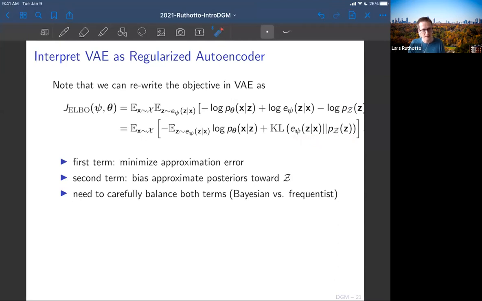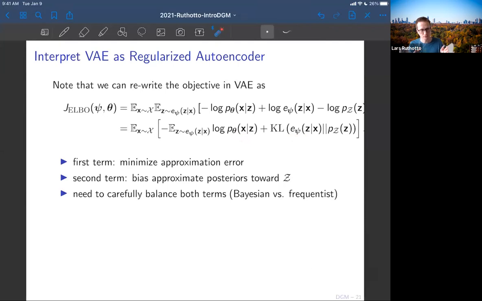What this does tell us, though, is that you can think about it this way: you try to make the latent variables corresponding to your data points somewhat Gaussian. You don't want them to be anywhere far from the origin. You want to pull them to the center. So this first term, by the way, is called the reconstruction loss. That's how well you can go back from z to x. You want that to be small, but you also don't want the reconstruction all over the place, scattered around.